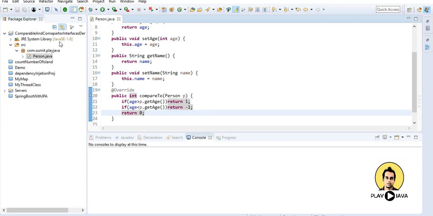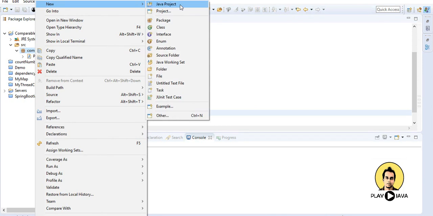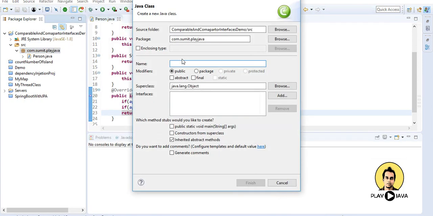I'll make another class in which I'll provide the main method. Name it as MainClass, and I'll provide the main method here.